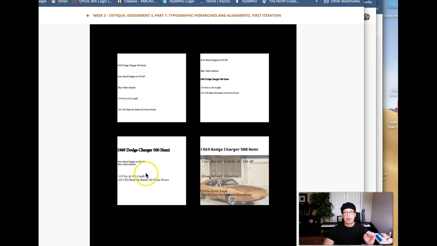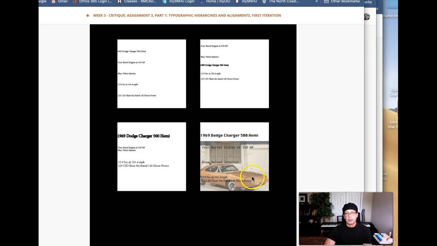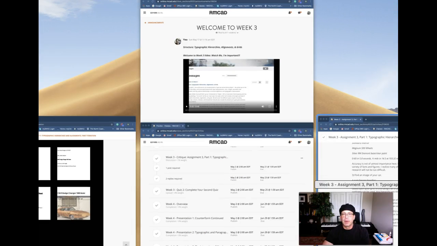Third composition, we want multiple contrasts in height and weight. And right now, I think this would be indicative for number two because you've got two changes. You've got a new weight and a new scale, right? But in number three, we want multiple scale and weight. So you have to address that accordingly. The fourth is a little bit different. In the fourth, you want to include your car, but it has got to be in black and white. Remember that from the